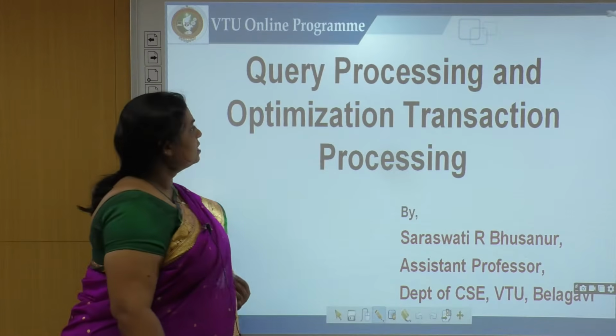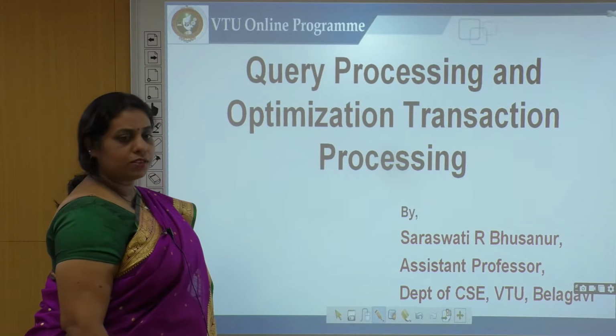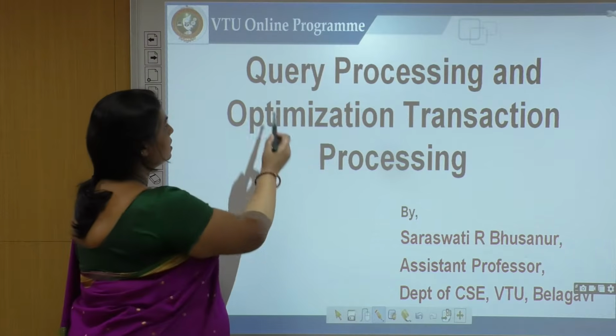In today's class, we learn about the fourth module of DBMS, which concentrates on query processing, optimization techniques, and the properties of transactions called ACID properties. And we'll just have a glance at how concurrency control works in query processing. The fourth module deals with query processing, optimization, and transaction processing, right?